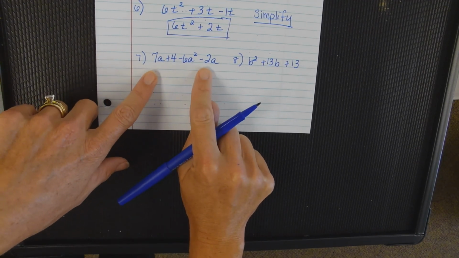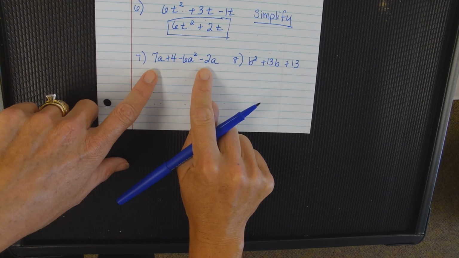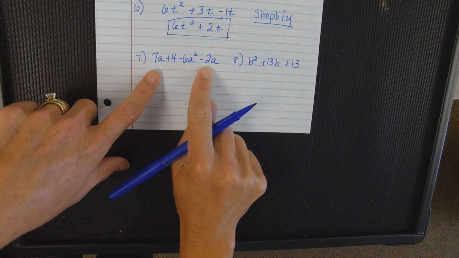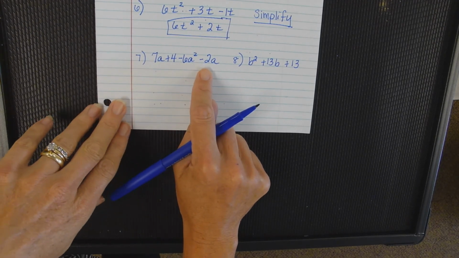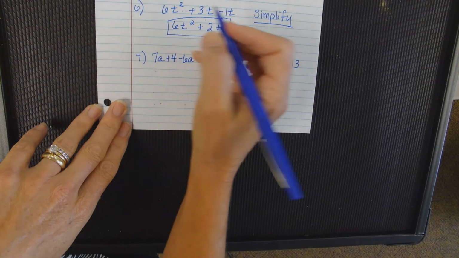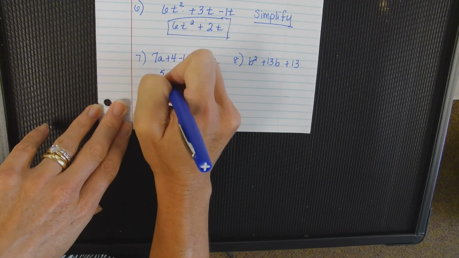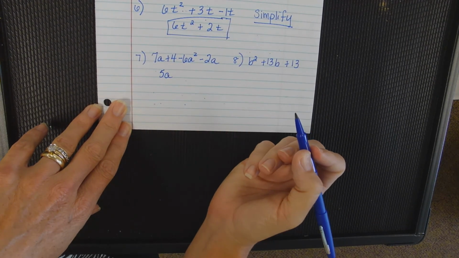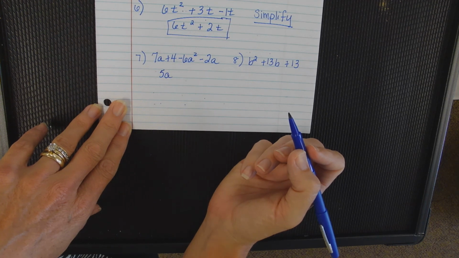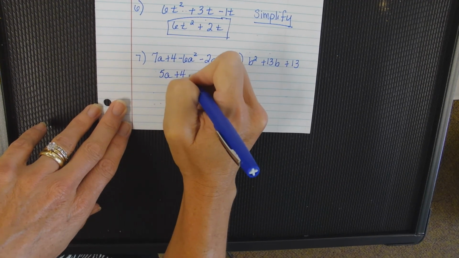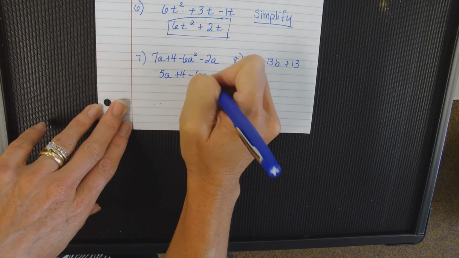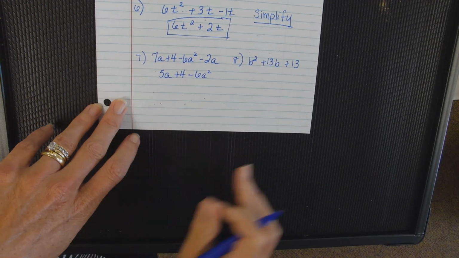Look at what is in front of the a. Did you say 9a? Okay, so change it real quick. It's not 9, but it's going to be what? 5, good. 5a